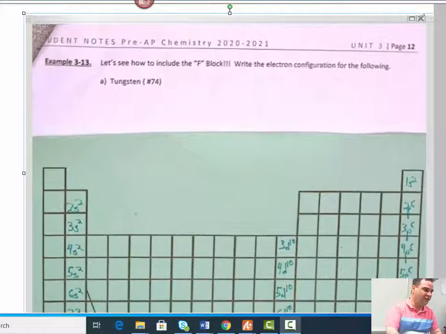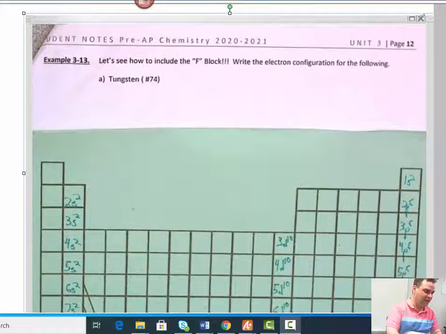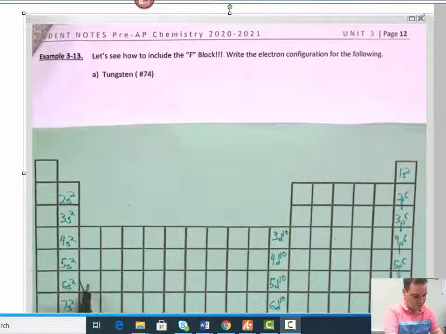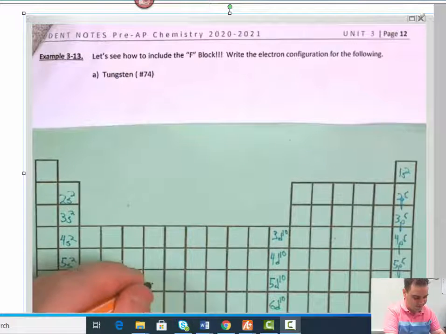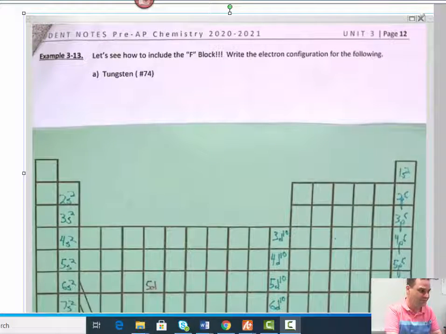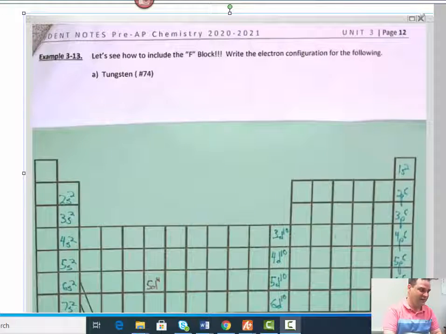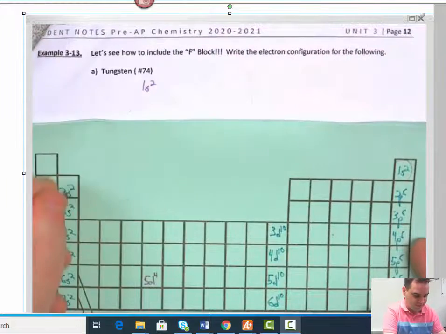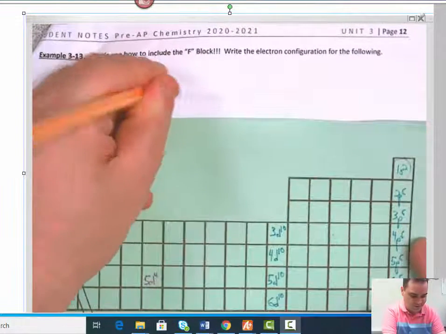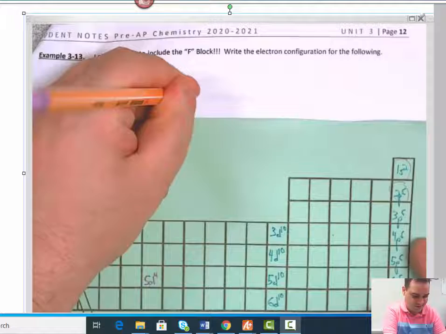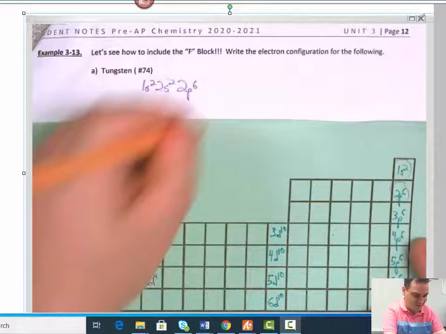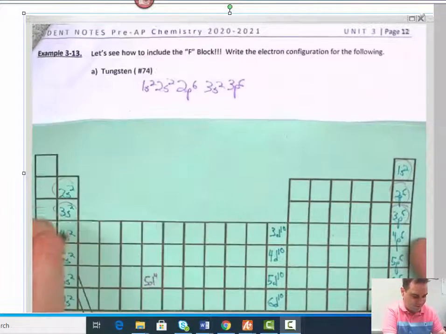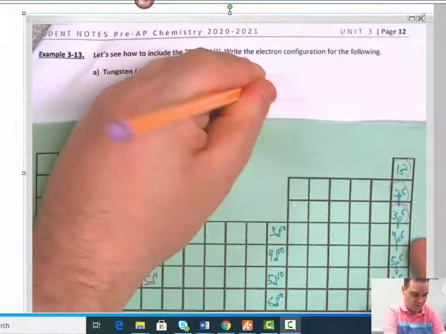So we are going to do the electron configuration for tungsten. Now tungsten is located way down here, 1, 2, 3, 4 blocks over in the 5d. Okay? So we have to start at the top here. So you go 1s2, 2s2, 2p6 it is, 3s2 and 3p6, then comes the 4s2, then the weird one,